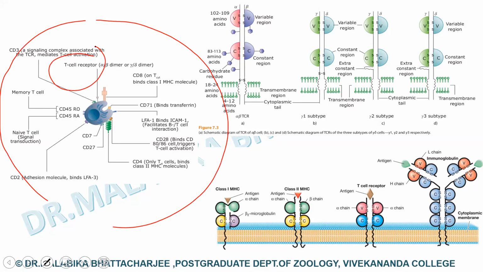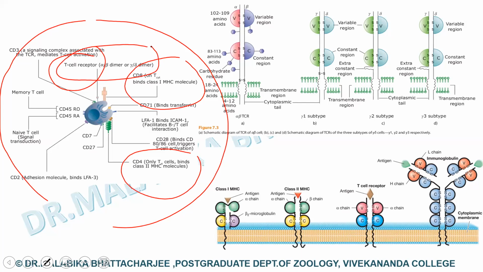Apart from that, the T cell receptor has two co-receptors, the CD8 and the CD4. To keep in mind that both the receptors are not present on the same T lymphocyte. CD8 is present as a co-receptor on the surface of the T cytotoxic cells, while CD4 is present as a co-receptor on the surface of T helper cells. But the T cell receptor is common for all categories of T lymphocytes.